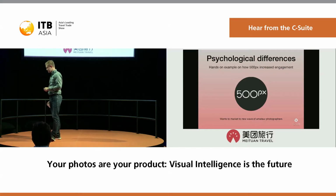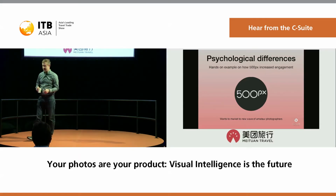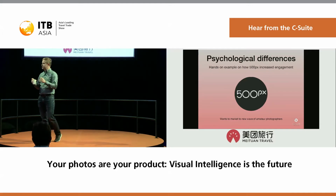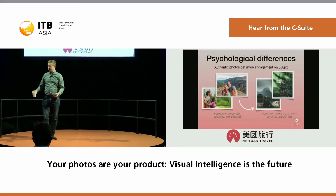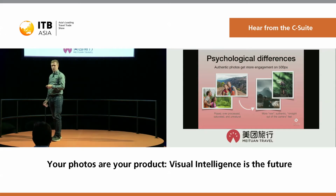And here's another example with my own company. We wanted to increase engagement with our photos on the platform, with ForeverPX. And so we decided to state a goal of we want to market to a new wave of amateur photographers. So how do you do this? Right? We were known for photos that are very artificially pretty. So instead, we looked at the data, and we saw that the posed and over-processed and saturated, kind of like stock photo-looking